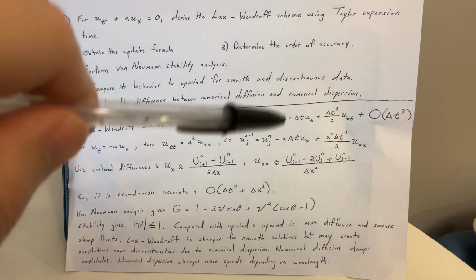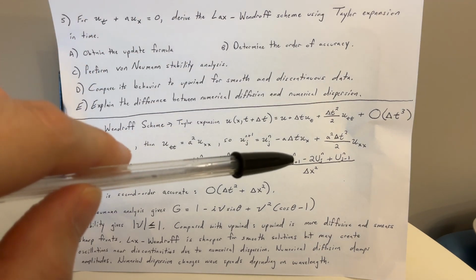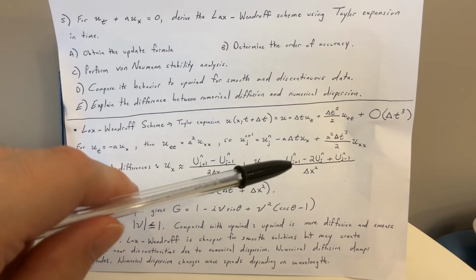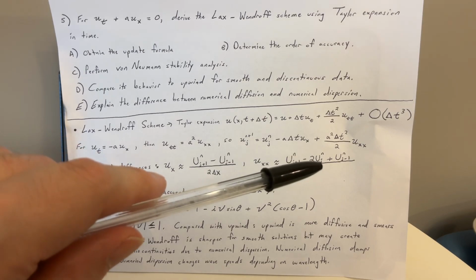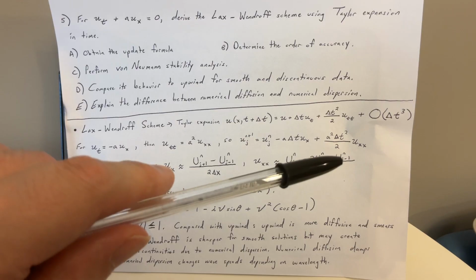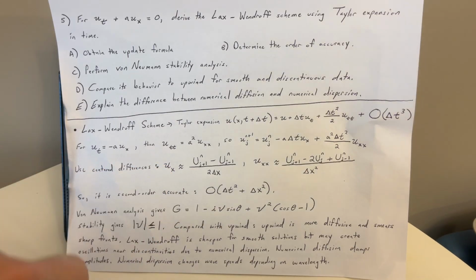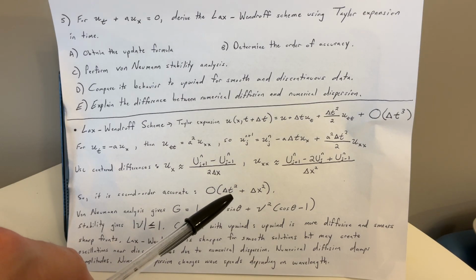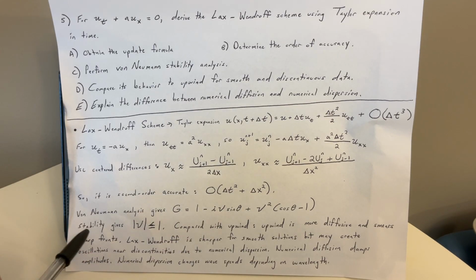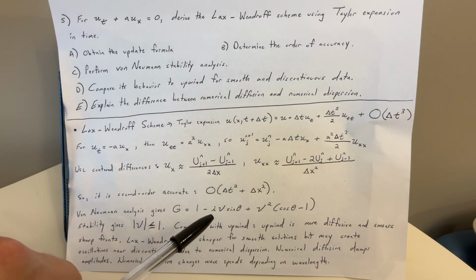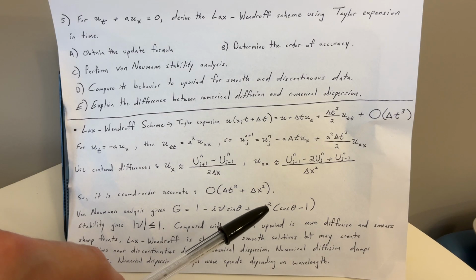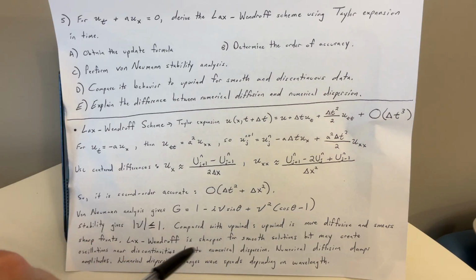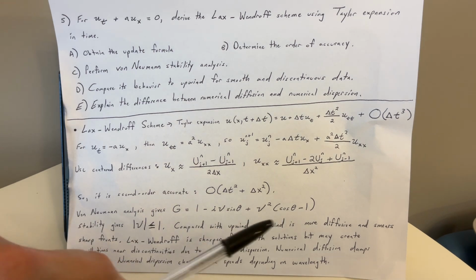And our u sub xx is approximately capital U sub j plus 1 superscript n minus 2 capital U sub j superscript n plus capital U sub j minus 1 superscript n, over delta x squared. So it is second order accurate, order delta t squared plus delta x squared. Von Neumann analysis gives g equals 1 minus i nu sine theta plus nu squared times cosine theta minus 1. And stability gives absolute value of nu less than or equal to 1, and compared with upwind,